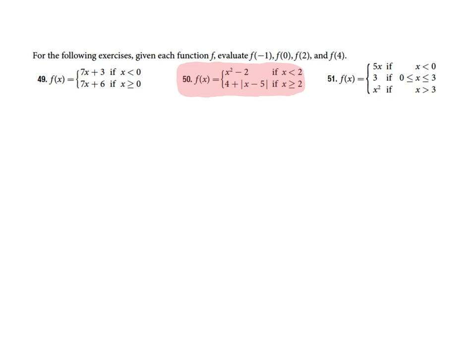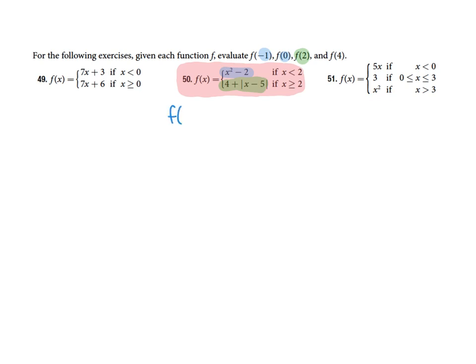So f of -1: -1 is less than 2, so that goes into the top. f of 0: 0 is less than 2, so that goes into the same one. f of 2: 2 is equal to 2, so that goes into the bottom, and 4 is greater than 2, of course, so that goes into the bottom again. So all I have to do is say, well,